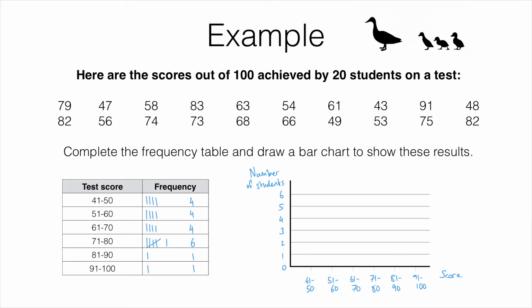Now, what I'm going to do here to keep things simple is draw a vertical line chart, which is a special type of bar chart. Instead of drawing thick bars, I'm just going to draw a straight line to the appropriate height. So for the interval 41 to 50, we have 4 students, which means I need to draw a bar that is 4 high. Filling in the rest of the bars, we get